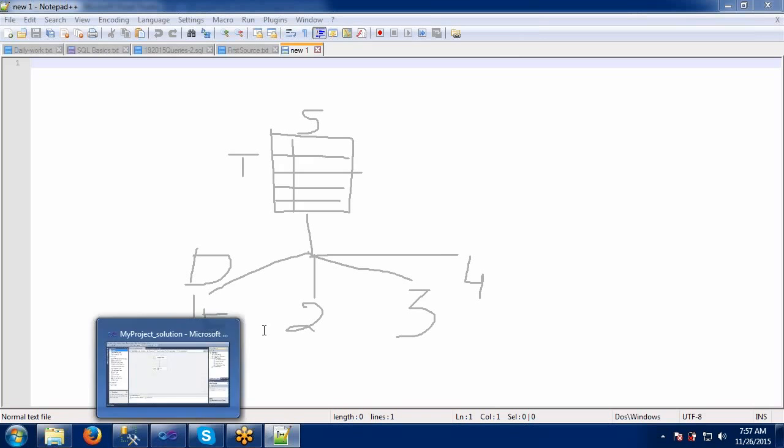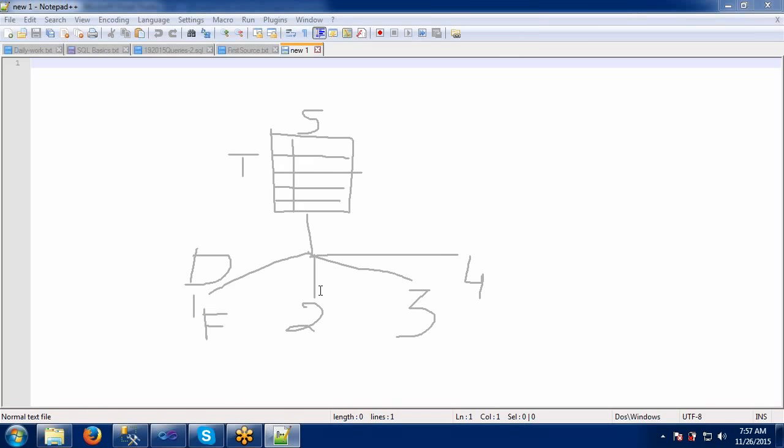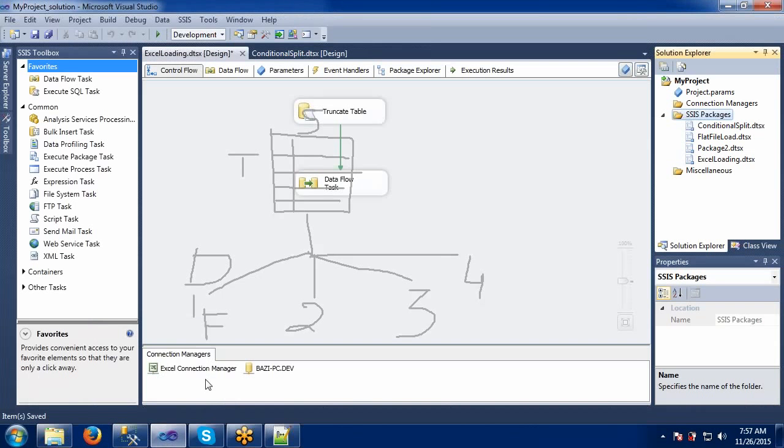All the destinations at a time means, are you saying that the same data goes in all the 4 files? Yes, exactly. You're not splitting the data, right? No, I'm not splitting. Same copy. Let's say I have 10 records here. So the first file contains 10 records, here also 10 records, here also 10 records, here also 10 records. The four destinations have the same copy of the data. Okay. Let's try to implement this.